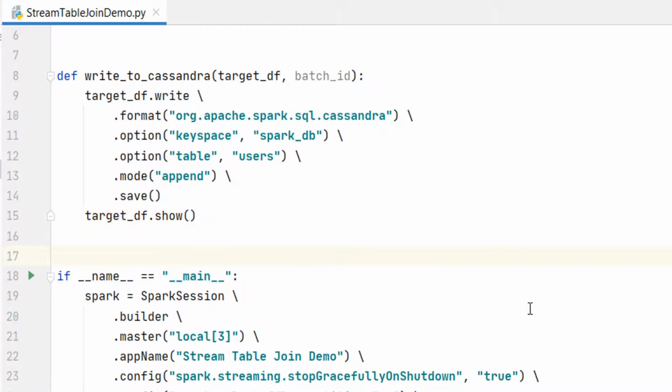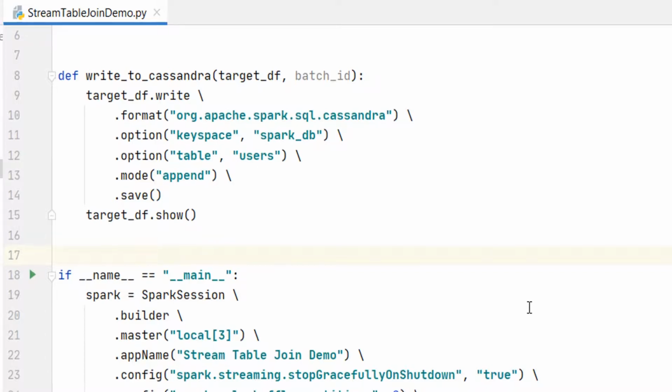That's the power of for each batch. You can sync it to Cassandra. You can show it. If you want, you can sync it to another target. You have got full freedom of doing whatever you wanted to do with the output data frame. Spark simply considers that you are syncing it somewhere, and now it is your responsibility. Great, that's all done. Do you want to run it?